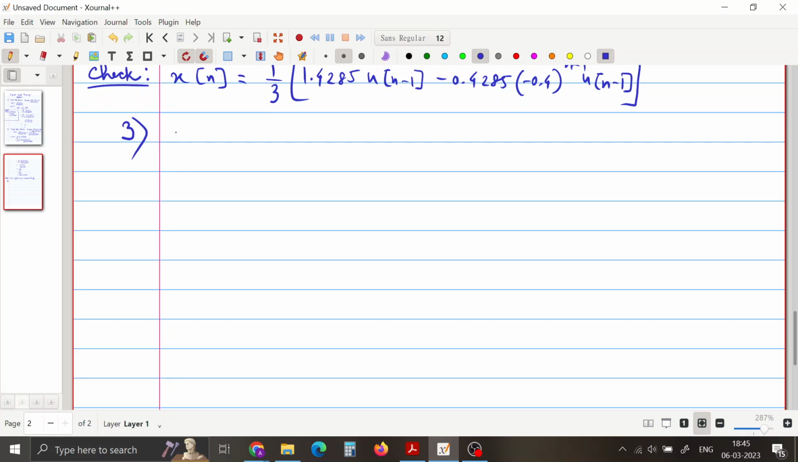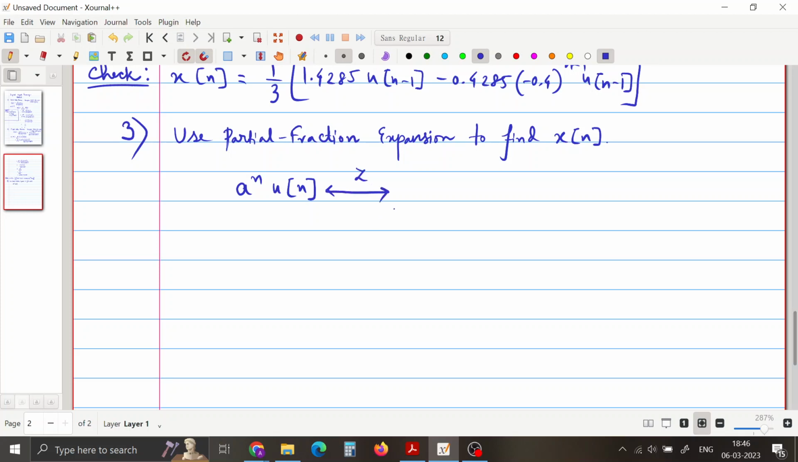So the task is to use partial fraction expansion to find our time domain sequence x of n, and we have been given this known Z transform relation,